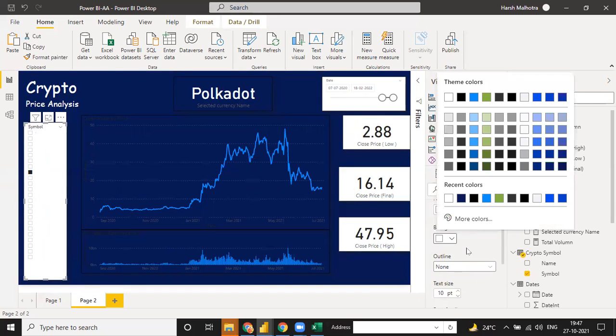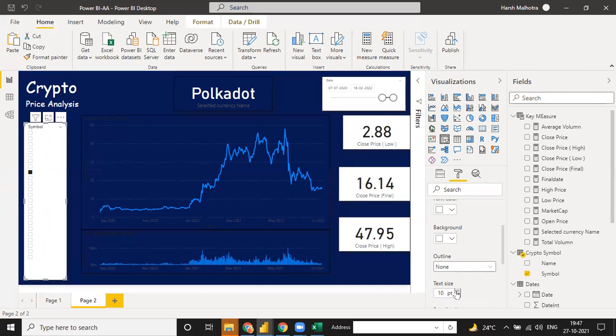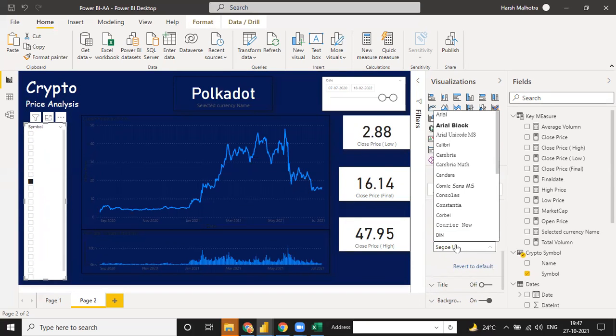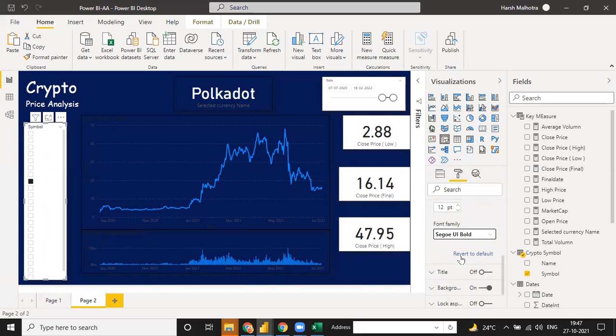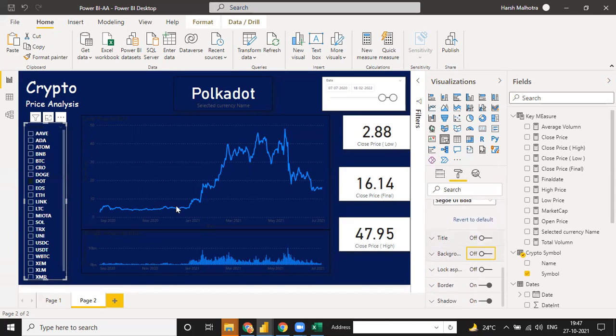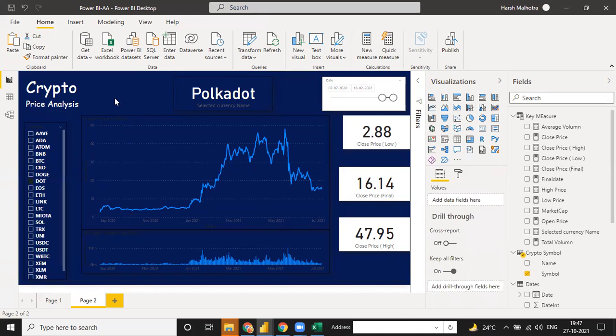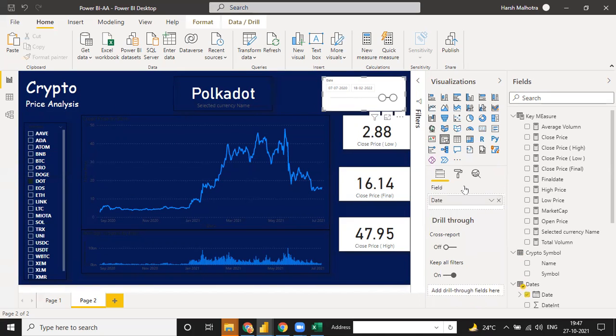Change background, no. If you increase the text size to 11 or 12, change the font size, black, this, and remove the background. See, okay, same way you can change the font and background.